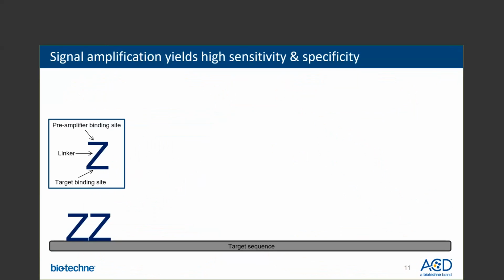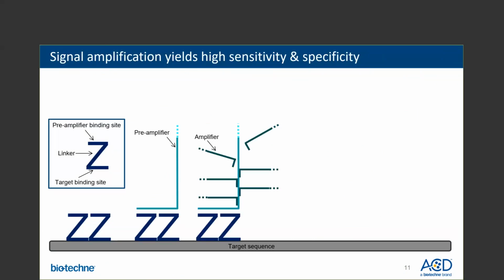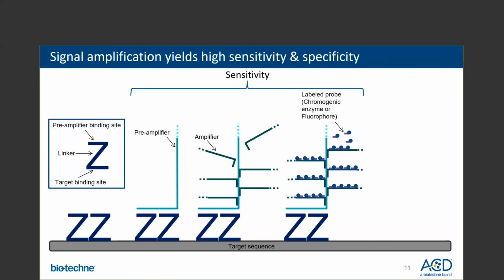So here you will see two double Z probe pairs binding to your target sequence. As mentioned before, the bottom of the double Z pair binds to the target binding sequence, joined by a linker to the pre-amplifier binding sequence. So here we have the pre-amplifiers added as a part of the amplification step to the double Z probes, followed by amplifiers. And each amplifier can further bind multiple labeled probes sequentially, hybridizing to assemble a branching complex at each ZZ binding site. Labeled probes can contain a chromogenic enzyme, such as horseradish peroxidase or HRP, that generates a visible